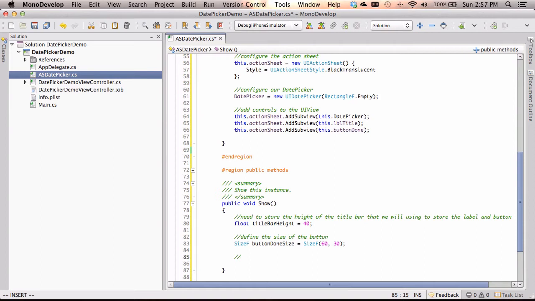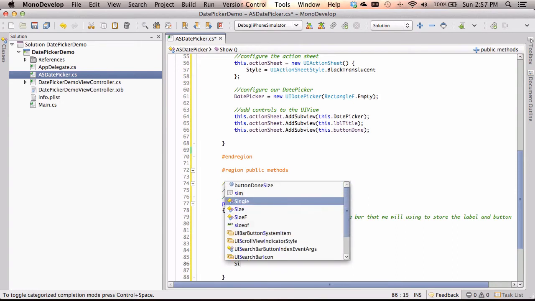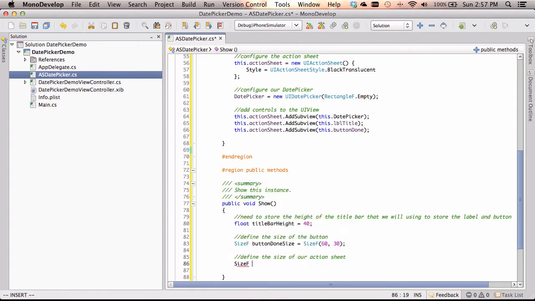So we're going to define the size of our action sheet. We need another size f to do the action sheet. So we're going to say size f, and we kind of know the syntax of this. Now we're going to say action sheet size equals, and we need to give it a size. So we're going to say new size f. And now this is where it gets kind of tricky, right? We want to make this the same size as our window, but we don't know how big our window is,